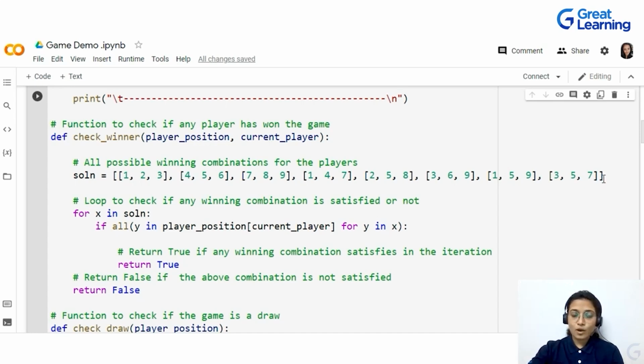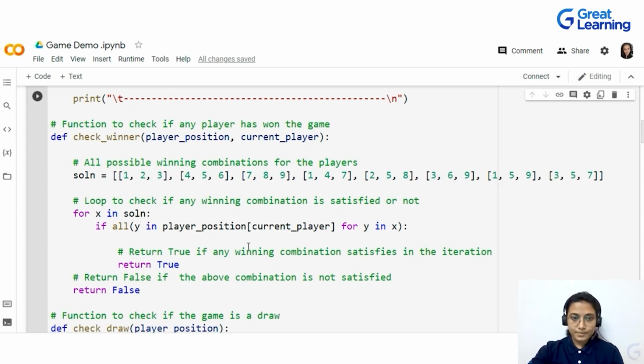So if any one of the combinations in these 8 sets matches, at least one, then the person who is matching it consecutively with either X or O in any one combination out of these is the winner. So this is the winner condition which we have to follow, right? That is how it will check for these combinations. If any one set is matching out of all these, it will return the value